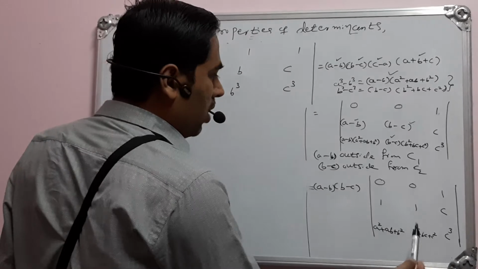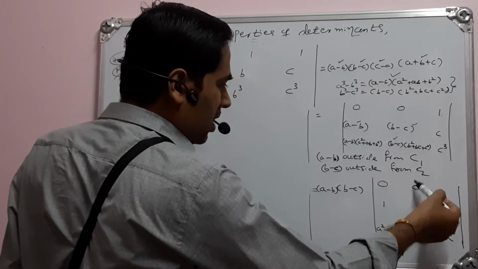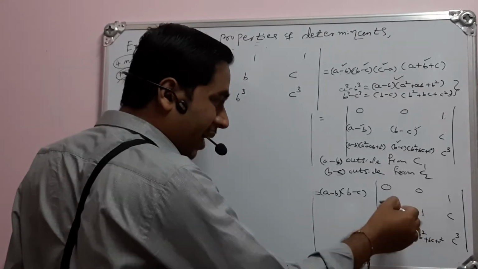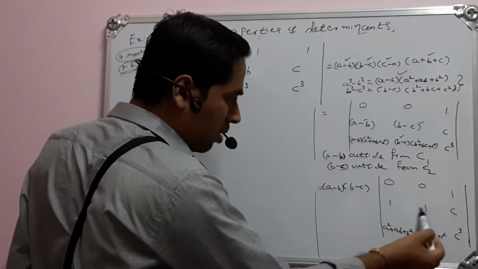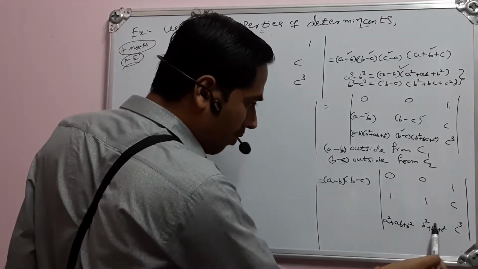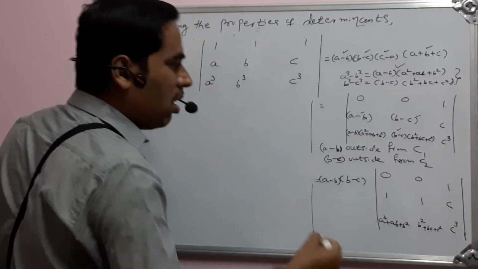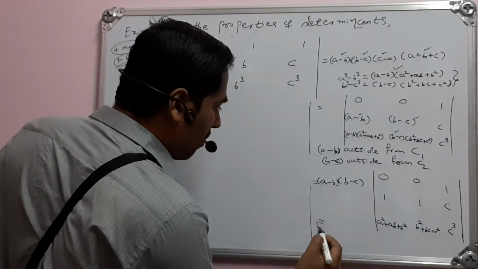See, what we can do here is another step. We can reduce this element to 0 here. C2 changes to C2 minus C1, then 1 minus 1, it will be 0. Then we have to subtract this from this, this term. Then we have to change all these signs. Otherwise, we can expand here only.